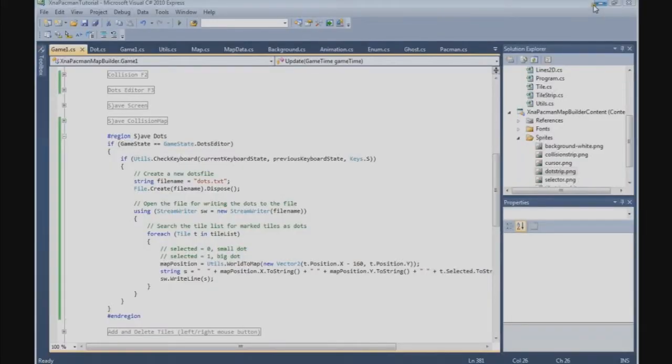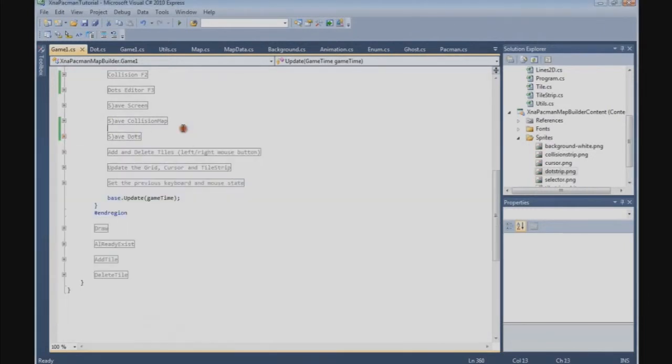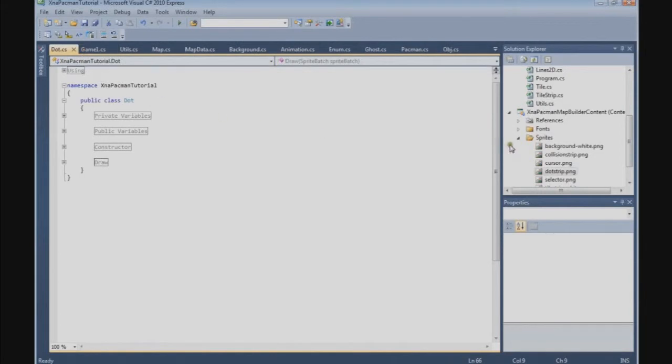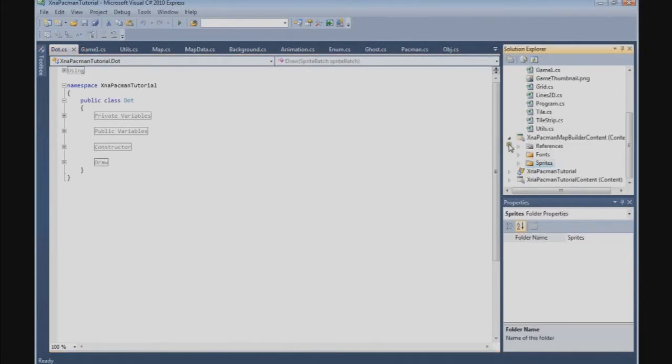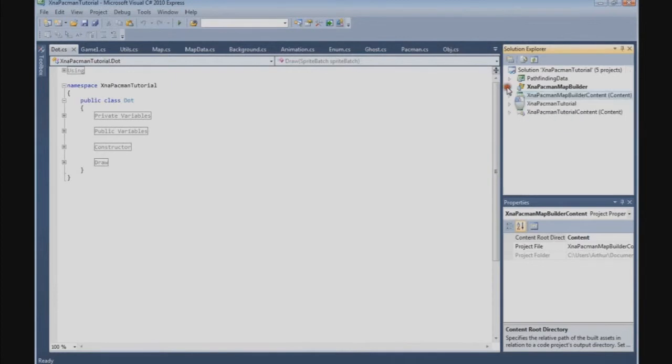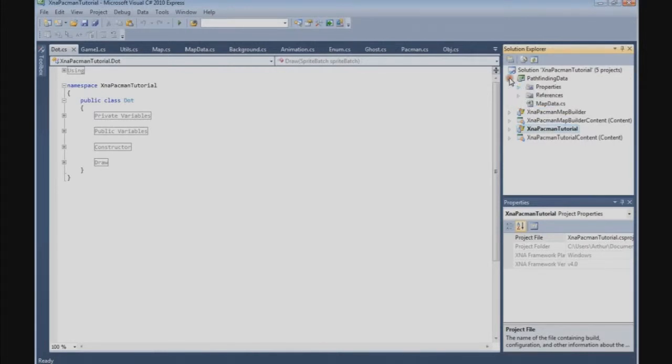In this tutorial we're going to load the dots data into the game, and the first thing we need to do is switch back to the Pacman project. So go to your Solution Explorer and right click the Pacman project and set it as your starter project, just like this. And the next thing we need to do is rebuild our dynamic link library. So in your pathfinding data,